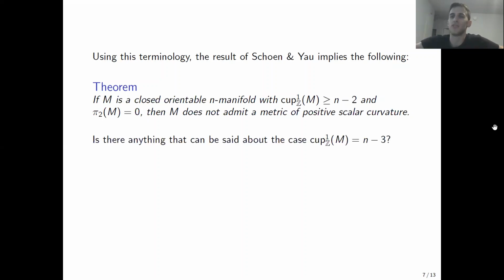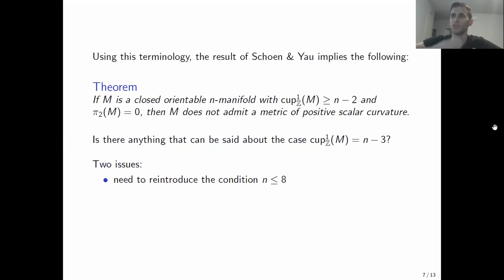So now what I want to consider is what happens if we don't have enough degree 1 cohomology classes? What if we only have n minus 3, we're one short? Can we say something about that case potentially? There are two issues, or at least two issues that I can see. The first is that we will need to reintroduce the condition that n is at most 8. The reason is that in Schoen-Yau's more recent paper, the 2017 paper,